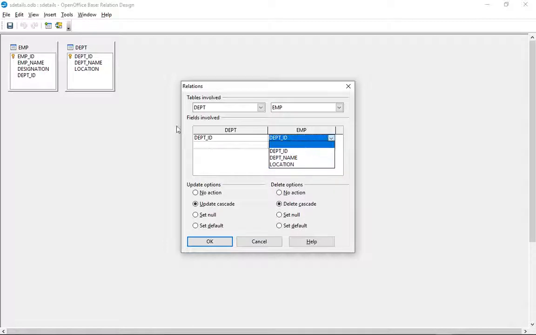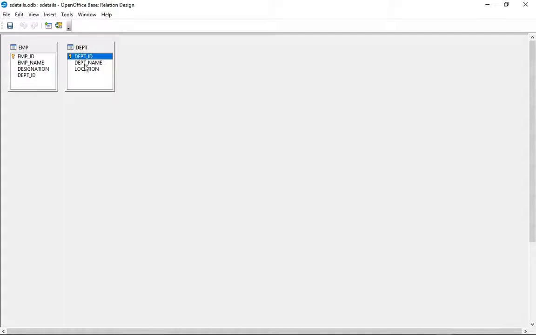Employee ID deleted. In employee we should have employee ID. That accidentally deleted, that's why. We must have that field. So when you give this and click on OK button, the relationship will be there. Let us see that. Department ID, employee ID, department ID.